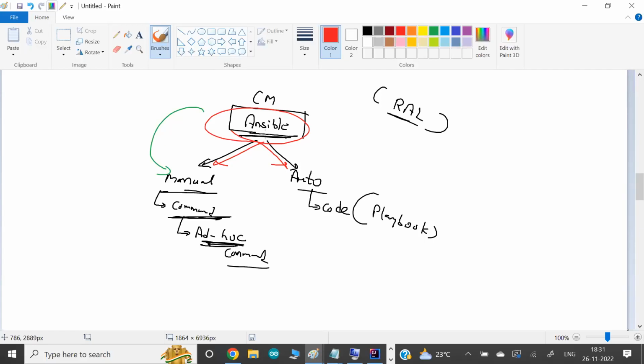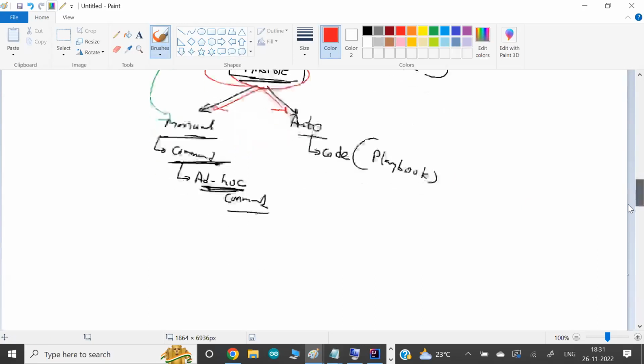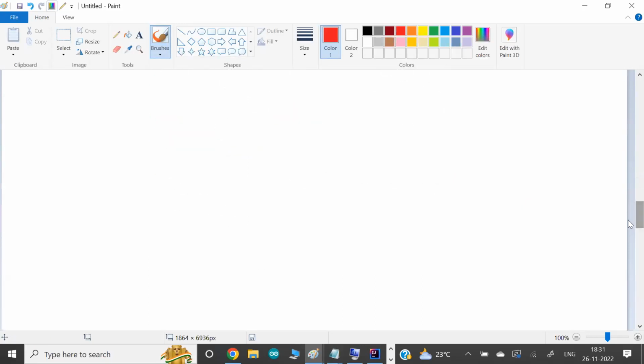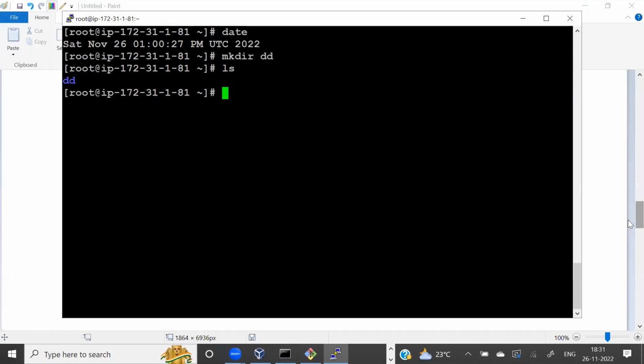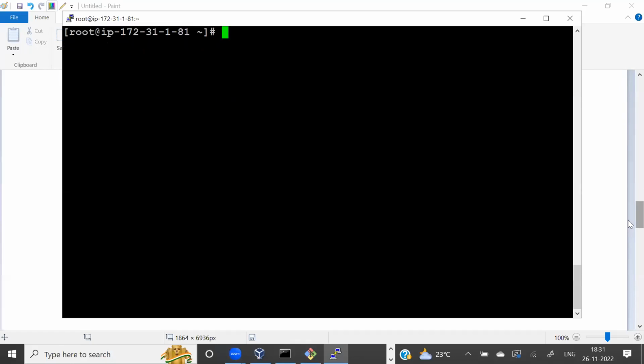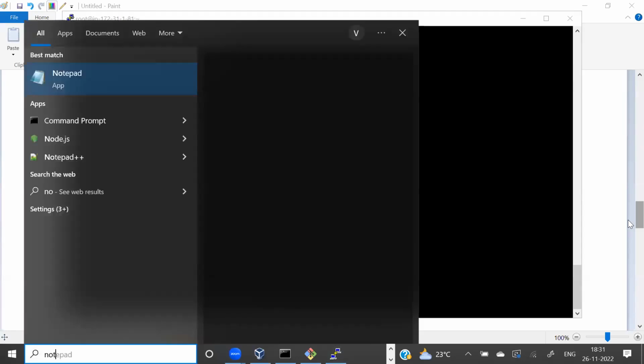Let me show you one demo, so you understand what I mean by the intelligence here. For example, this is one OS. Let's say we don't know about this OS, and I don't know how to install software on it.